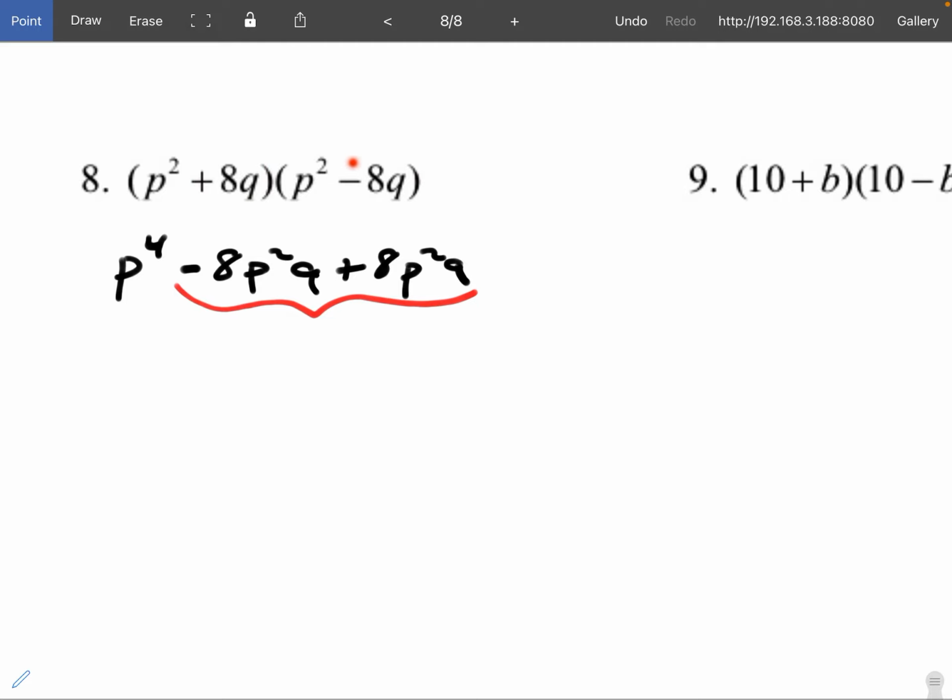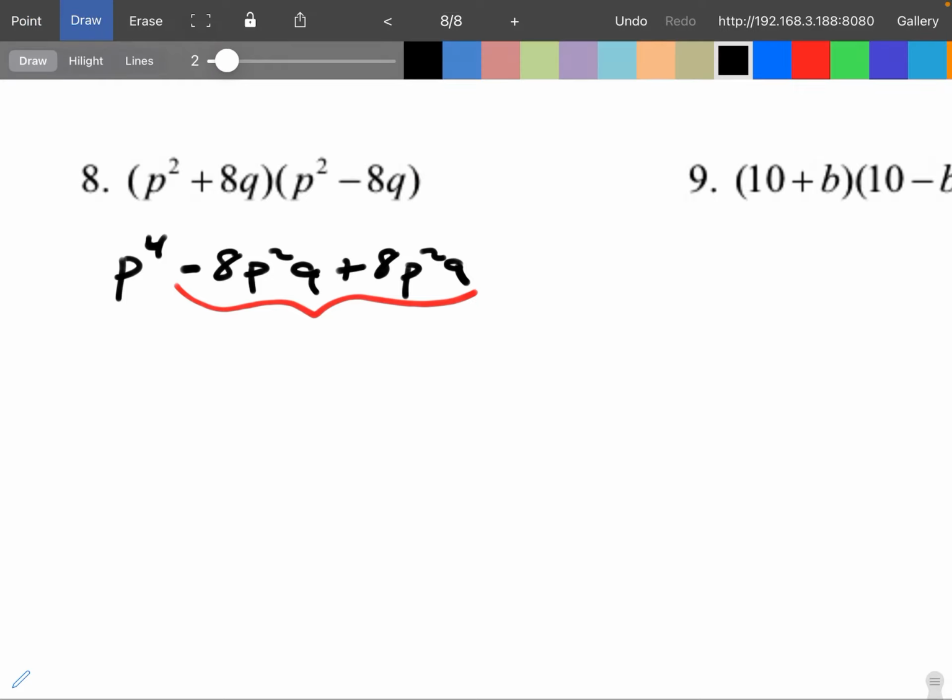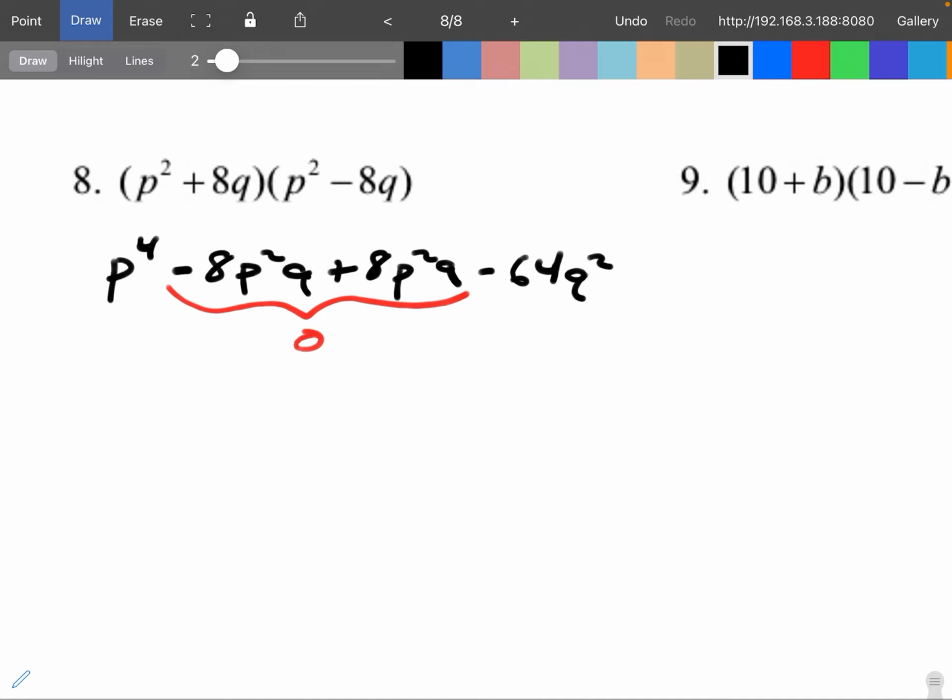We still have to do the positive 8q times a negative 8q. Negative 64q squared. Good. Yep, positive 8 times negative 8 is a negative 64. And then q times q would be a q squared. And again, these cancel out in the middle, making 0. So the final answer is just p to the fourth